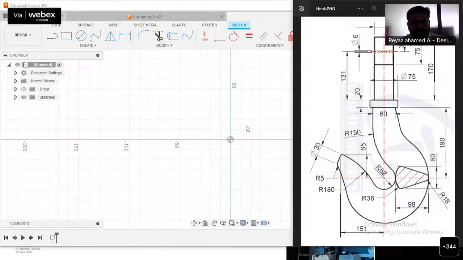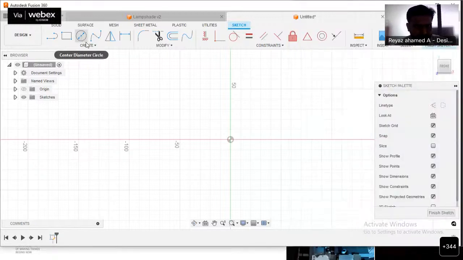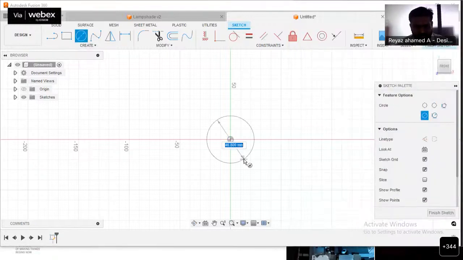With the help of the Alt Tab key, I switch over to the other window. Here I have to create this path. From the center point, it has a radius of 62. One more arc is there, one more line is there, and here one arc is there. Let us go to the circle option and create a circle.